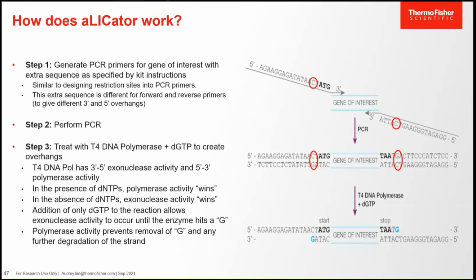So in this LIC protocol, only dGTP will be included in the reaction. So it will cause the 3' to 5' exonuclease activity, and then the 5' to 3' polymerase activity will